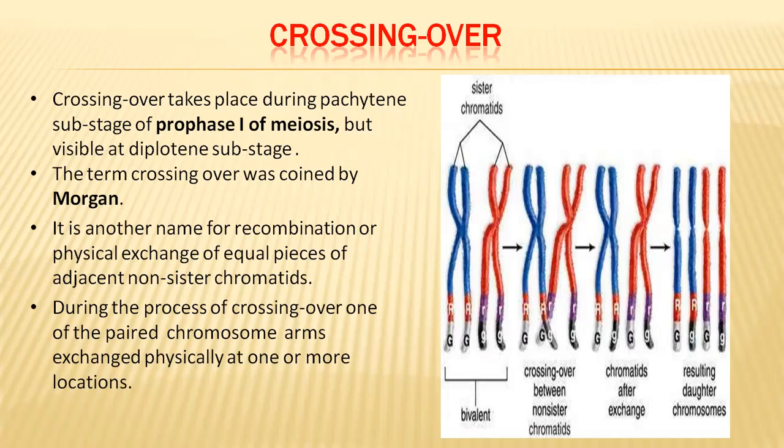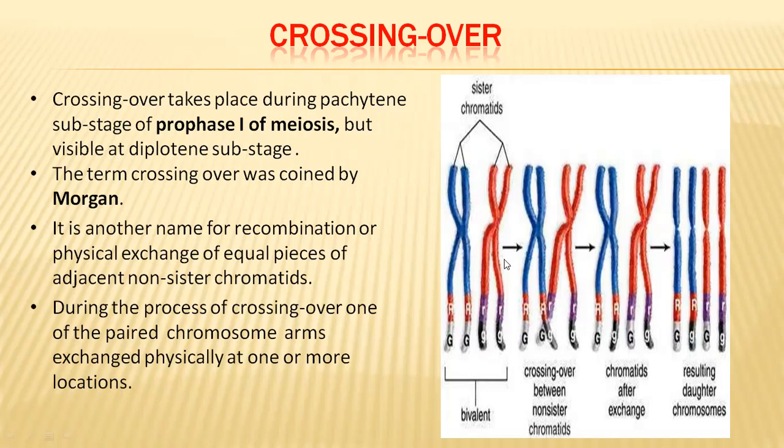So here in this slide, we can see two chromosomes. One is having blue color, another one is having red color. So these are the two chromosomes of the same pair. So the blue color chromatid and one red color chromatid, these two are called as non-sister chromatids. Crossing over usually always occurs in between these non-sister chromatids only, but not in between the sister chromatids or the chromatids of the same chromosome.